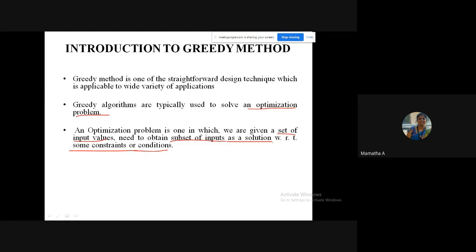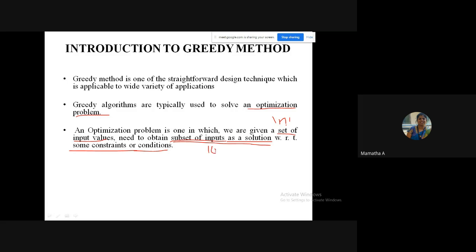See, if I go to a mart, there are so many items here. There are n items in the mart. How many items will I select? Suppose I give you a list of 10 items, how many inputs will you select as a solution? If I ask you to purchase 10 items, what is a subset of inputs? Less than 10, ma'am.